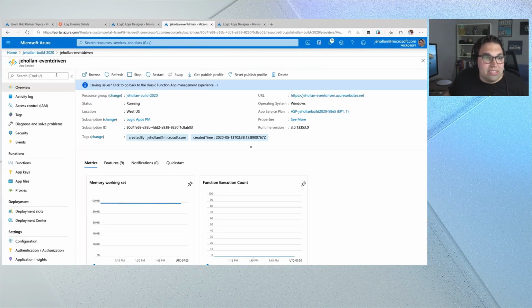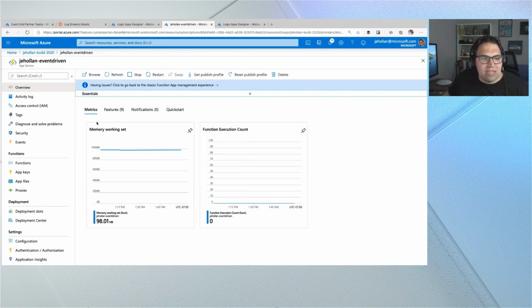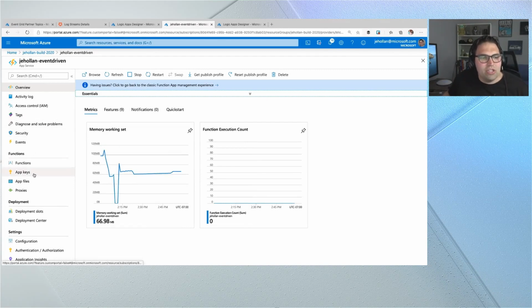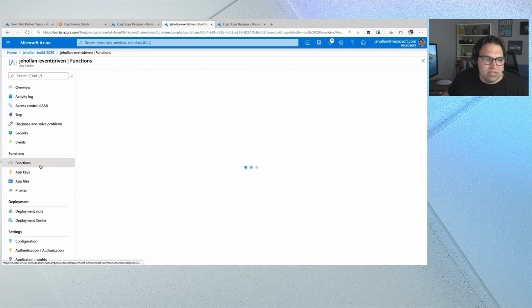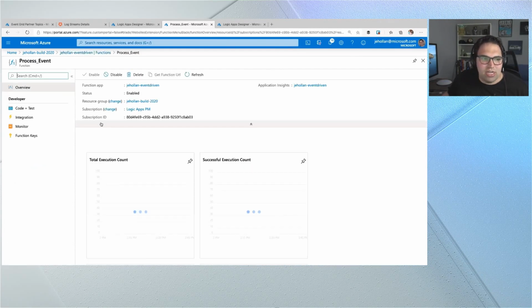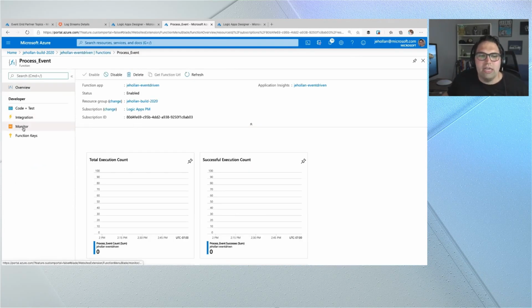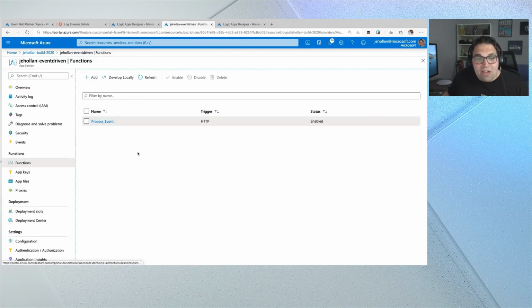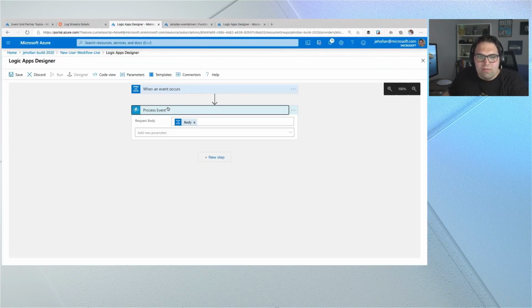Here in the Azure portal, this is a function app. For those of you who've used functions before, maybe haven't used it recently, you might notice we have a brand new Azure portal experience to manage your Azure functions. This is super consistent with other Azure resources. So I could come in here and find my functions. Here's that process event function, go into it, monitor it, check the successful executions that might be occurring, whatever I need to do, all from right here in the portal. So that's my function doing a little bit of code that, if you remember, I'm calling from this workflow.